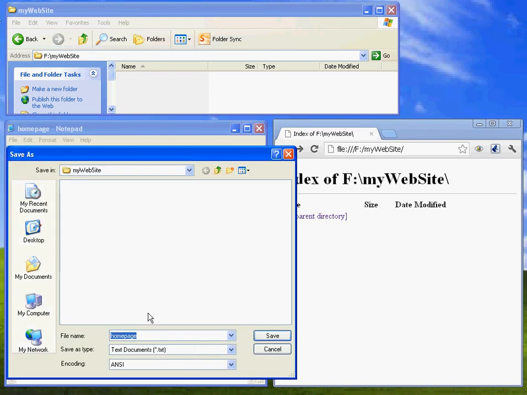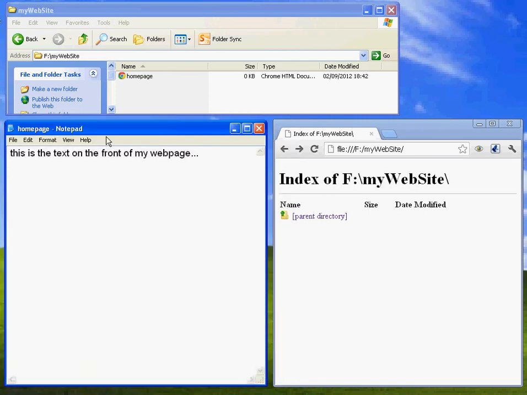And this time I'm going to change the extension. I'm going to change it to .htm. And if I say that as .htm, it should appear. And now look, because I've set Google Chrome as my default browser, it's given a little Chrome icon by the side, so it's recognised it as a